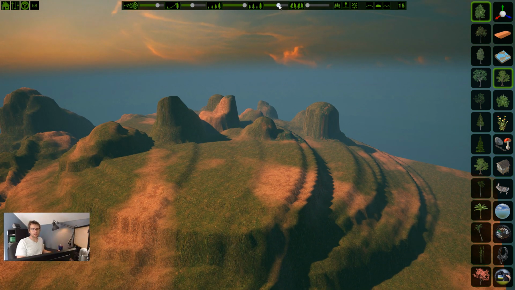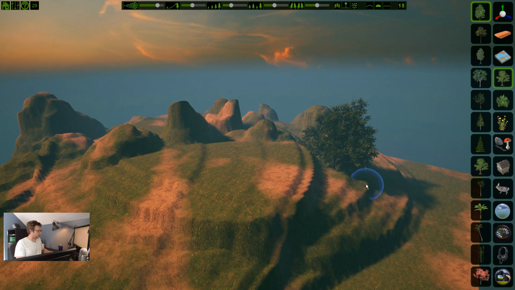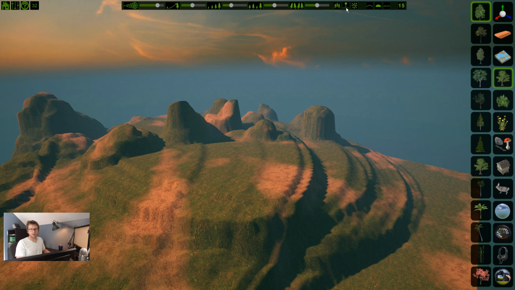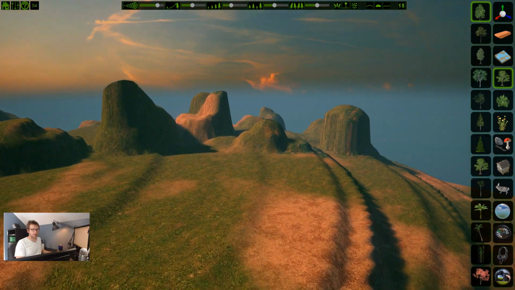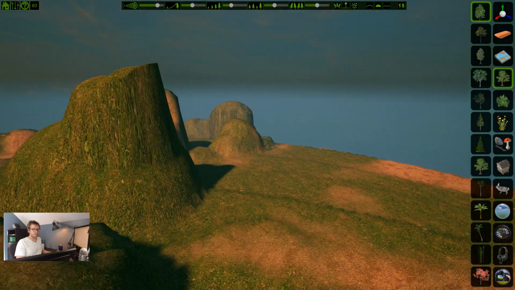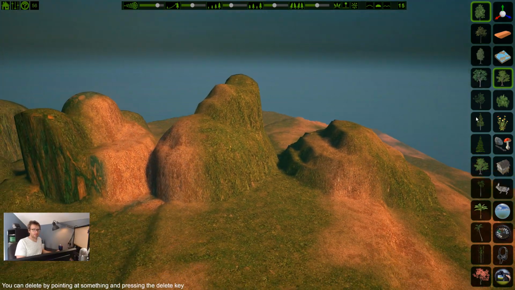And along with the size variation, you also have this, which is the angle. And as you can see, you'll get them growing in different directions. And you can also use this button right here. These buttons are some of the most important, and there are some that I don't see people use, and it's super, super, super important. So when placing objects, if you want to align to the terrain, if you click it on and you align to the terrain, and then you place an object on that terrain,